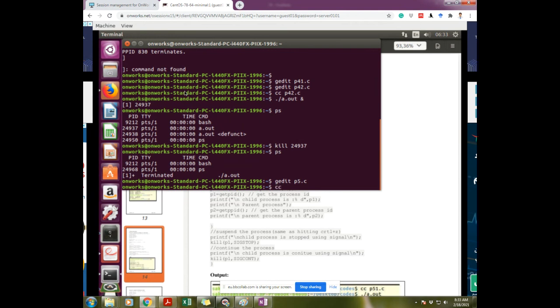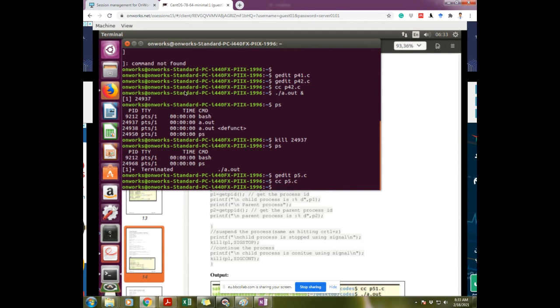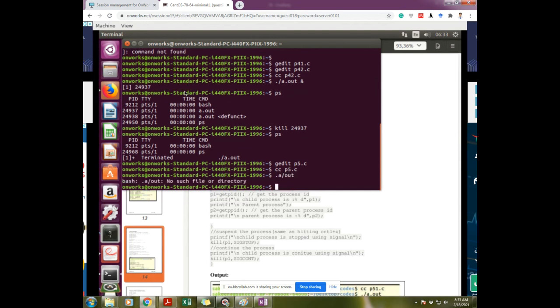So after this what you have to do, cc space, then yes yes no problem. Then see the recording of this program. If all is correct then no problem here, no error. After this, a slash out: no such file or directory.